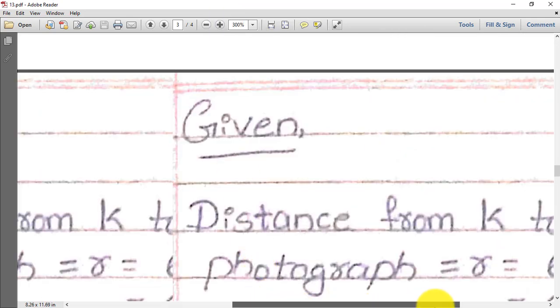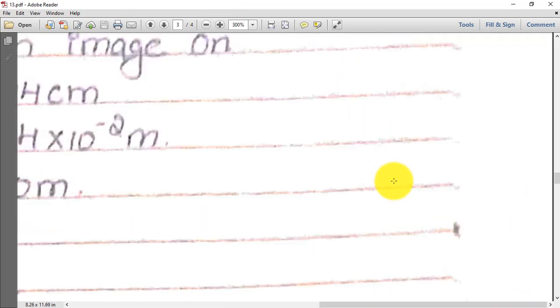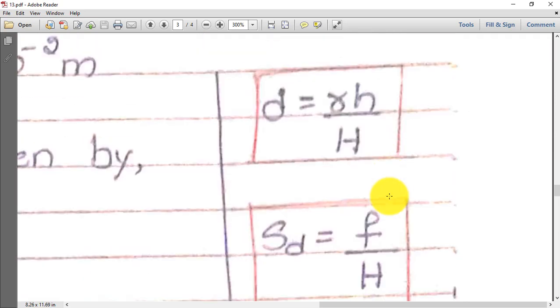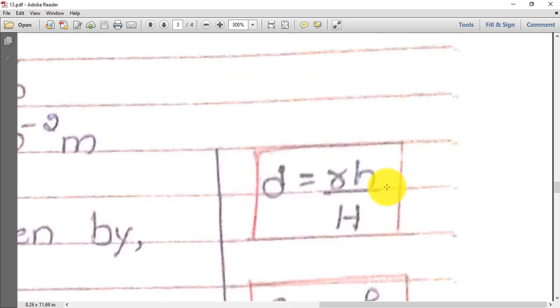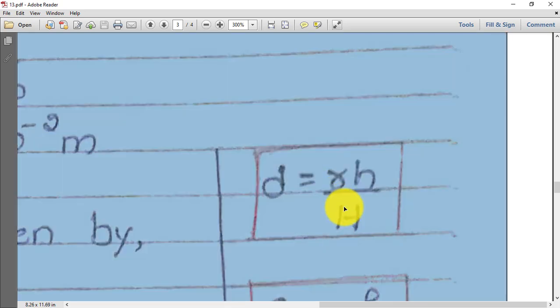So now, what is the first step? In order to get the first step, we need to know what the final step is, right? For the final step, to determine the relief displacement, we have this formula: D is equal to RH by capital H. Here, capital H is not given, and small d we don't know; this is only our final step. Small h is given as 250, but we want capital H. So how can we find capital H?